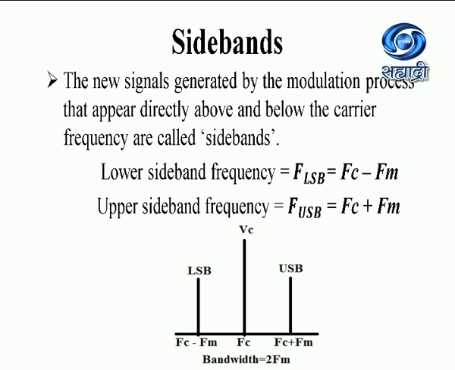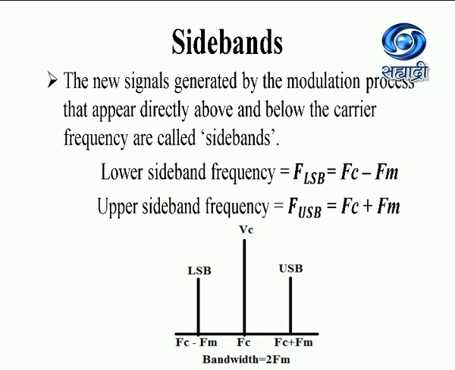Sidebands. The sidebands are the new signals generated by the modulation process that appear directly above and below the carrier frequency. The name itself says it: sidebands are on the left-hand side or right-hand side of the carrier frequency. That's why these are called the lower sideband frequency, that is FLSB,